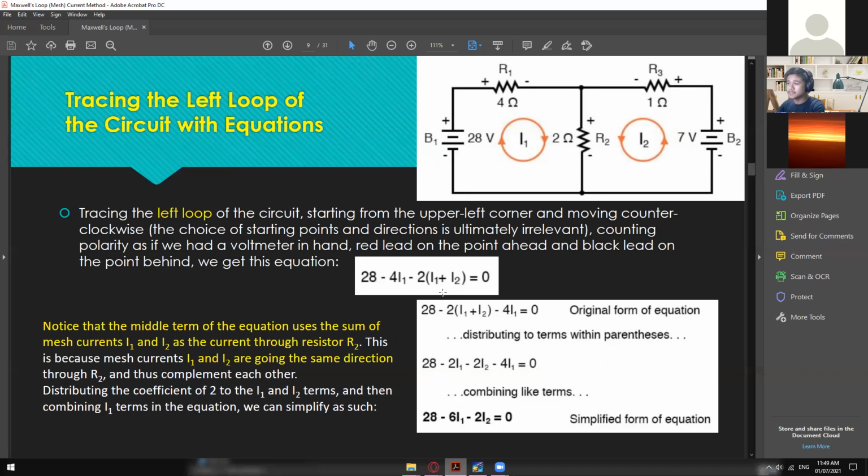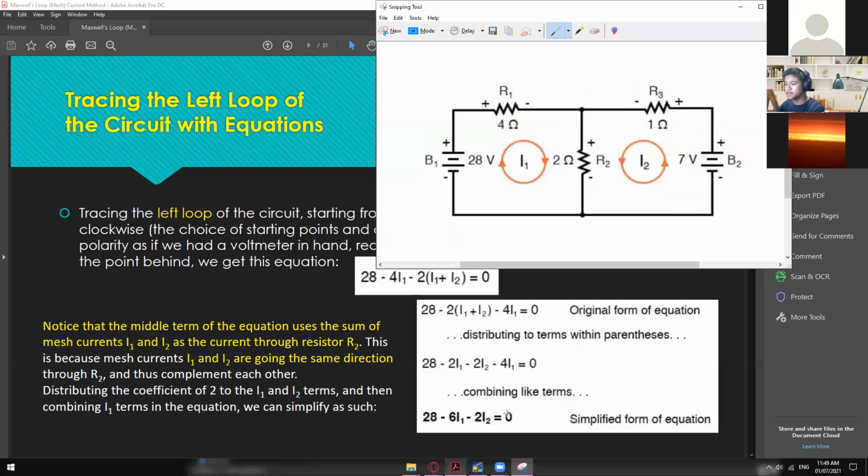So if it's Kirchhoff's law only, so we only have this one, 28 minus 4I1 minus 2 times I1. Okay, but since we are talking about mesh, we now have to consider the loops or the flow of current that is going on the other side, on the I2 loop. Okay, so if you are going to take a look on this one,